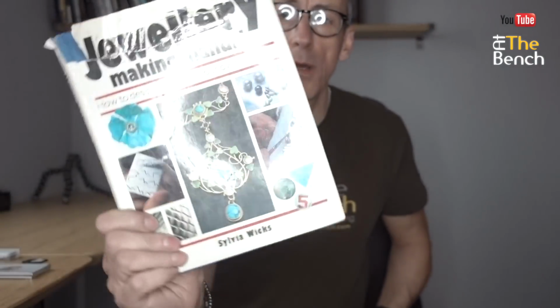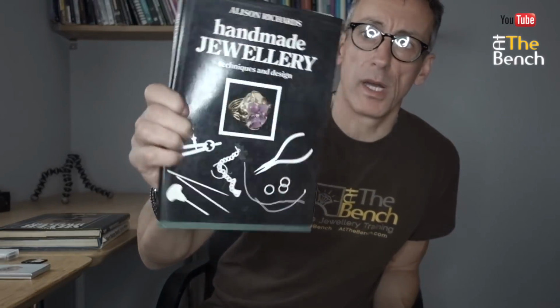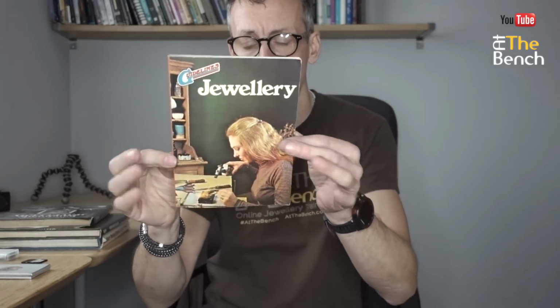Jewellery Making Manual by Sylvia Wicks. Making Silver Jewellery, Peter Bagley. Handmade Jewellery Techniques and Design by Alison Richards. And a book on jewellery. I've no idea who the writer was with this, but those were the 4 books that I had